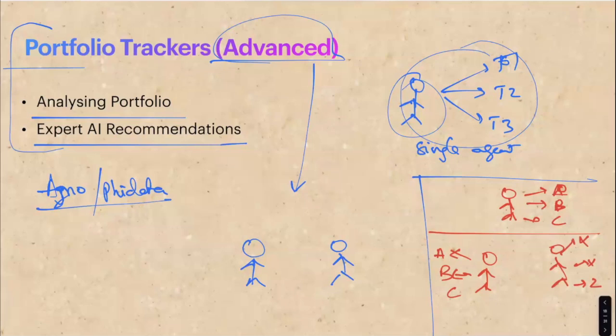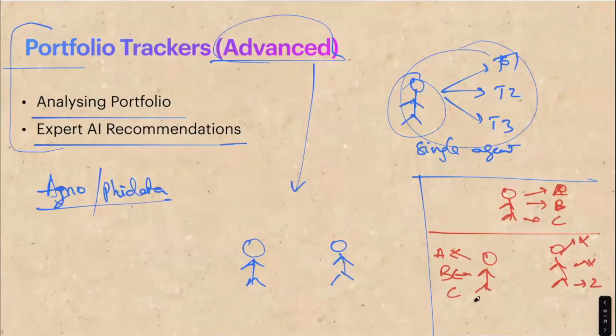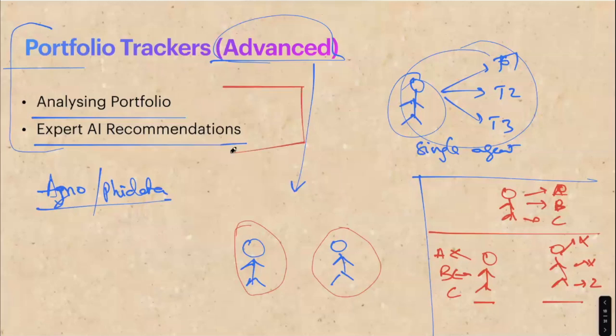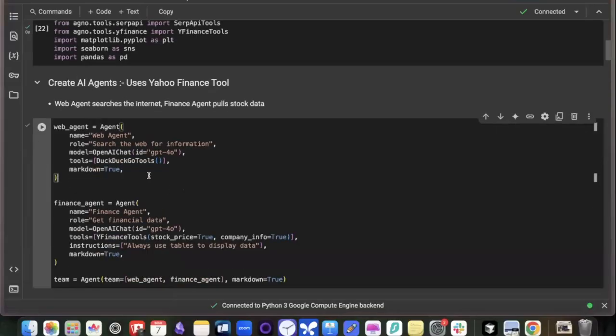So earlier, in the basic version that I've shown, we are using a single agent with access to a couple of tools. Now we are going to use two different agents. But in reality, you can create multi-agent systems at scale too. I have seen some people create hundreds of different agents for different purposes. I will show you how you can create a multi-agent system using AI and how it can be used to unlock new insights. Again, the code is going to be a little bit different, but this is one of the very simple ways to understand this.